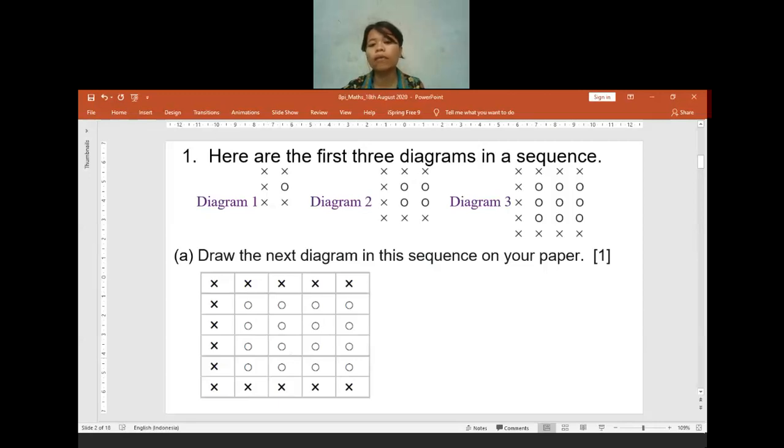Is there anyone who has any difficulties or is getting confused on doing question one? It's okay to ask me rather than keep being quiet. No question? For sure. We are discussing the chapter-wise test.